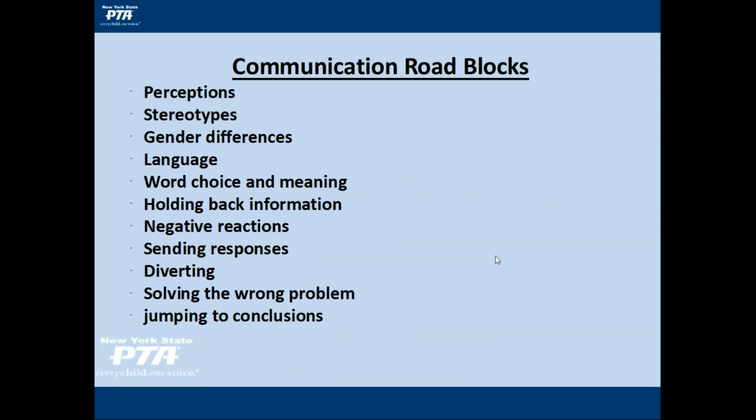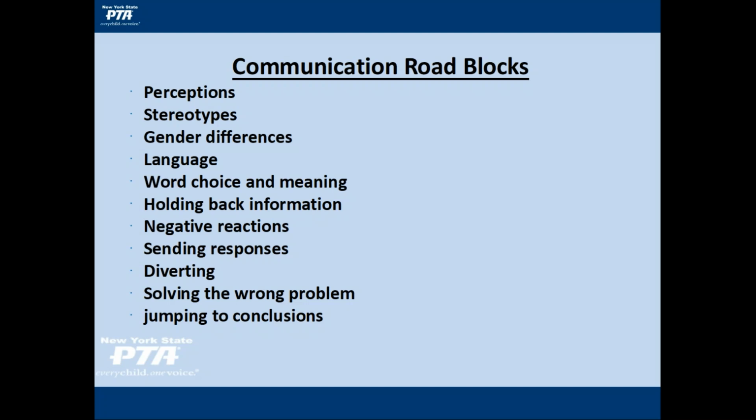All right, so communication roadblocks. So here are some of the things that, of course, can get in the way of communication. If you come in with perceptions about someone or a situation, like maybe you heard some prior chit chat about the conversation you're going to have with someone, you come in with those thoughts already. You've already made up your mind. So perceptions, stereotypes, gender differences, the words you choose, or how you choose to use them, or if you're holding back information. You have information that might make this conversation go well, or might make it move in a certain way, but you're holding it back. Negative reactions within that conversation,